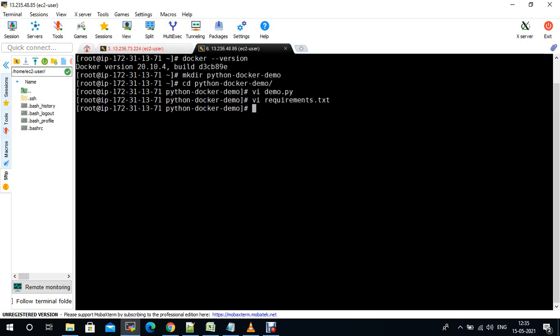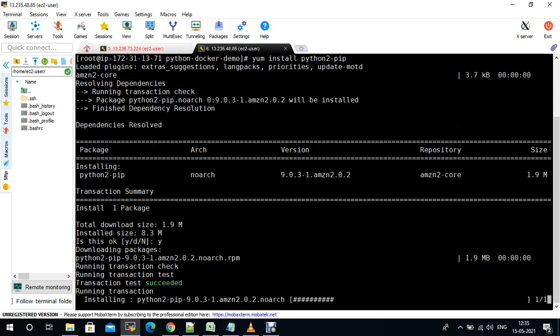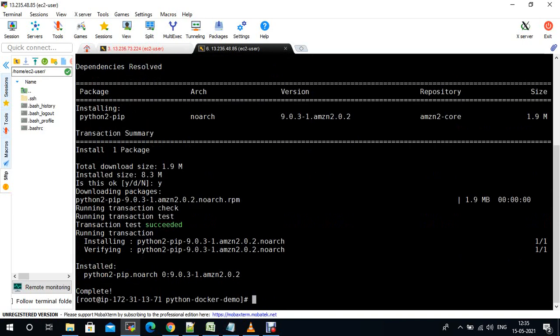For that, you just need to install pip. Install Python pip. So pip is a Python module, you just need to install that.